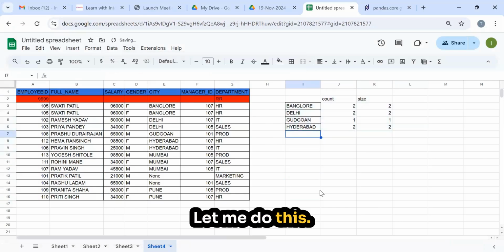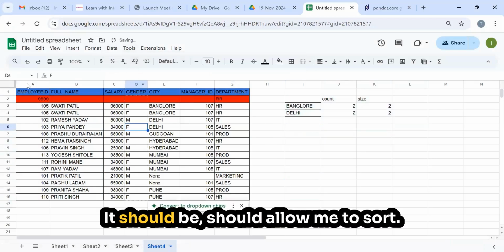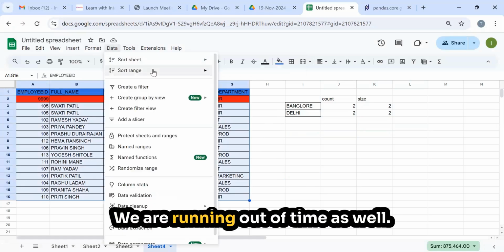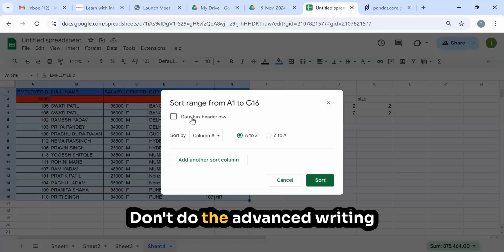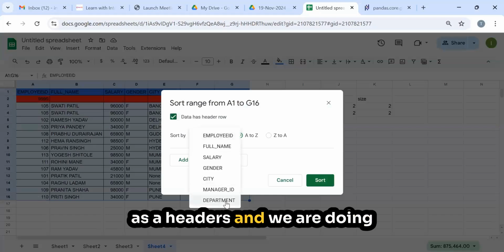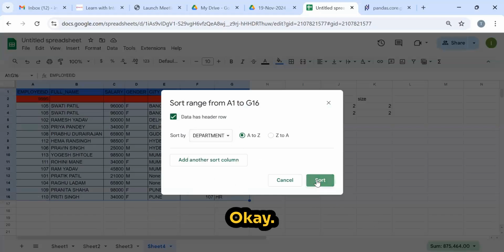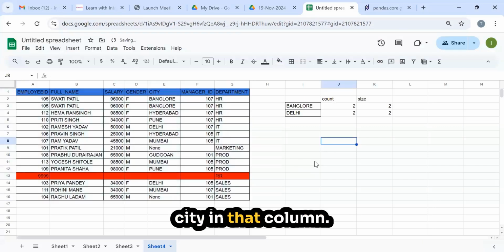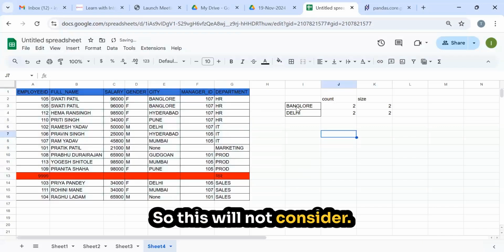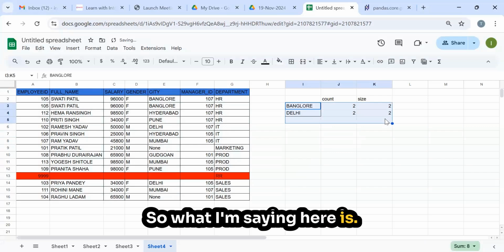Let me do this now. Sorting, it should allow me to sort. Okay, we are running out of time as well. Go to the advanced sorting with headers, and we are doing the grouping on department. And we are adding the city in that column. So this will not be considered. So what I'm saying here is,